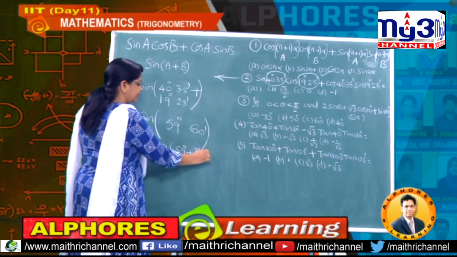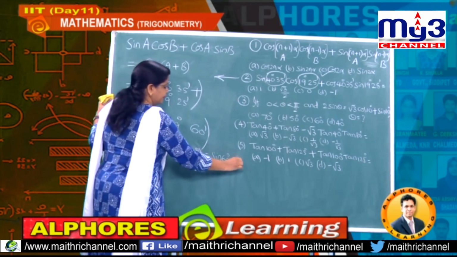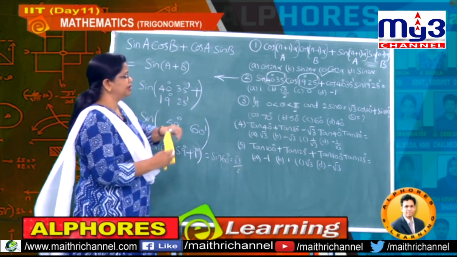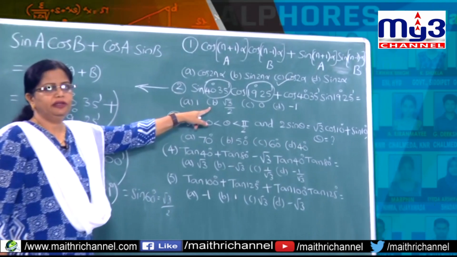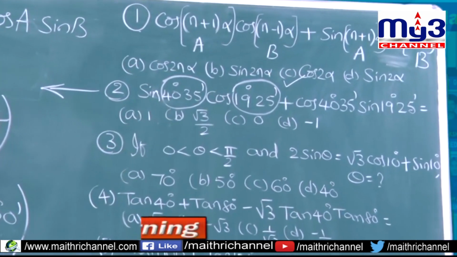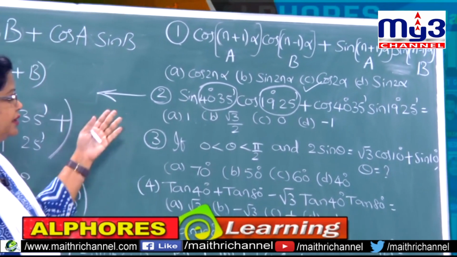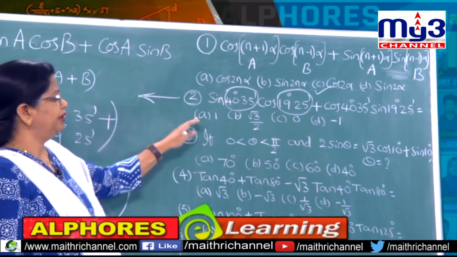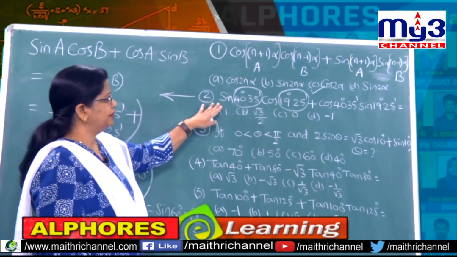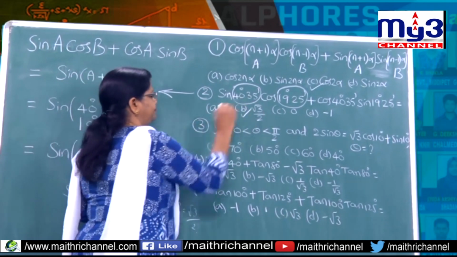So what is sin 60 degrees? It is nothing but root 3 by 2. Hence students, here observe the second problem answer is how much you got? Option B, that is root 3 by 2. So nothing to worry, many angles are there, I don't know any of those, so immediately I want to skip to the third problem. Don't think like that. If you observe the problems clearly, then definitely you will get a relevant formula.